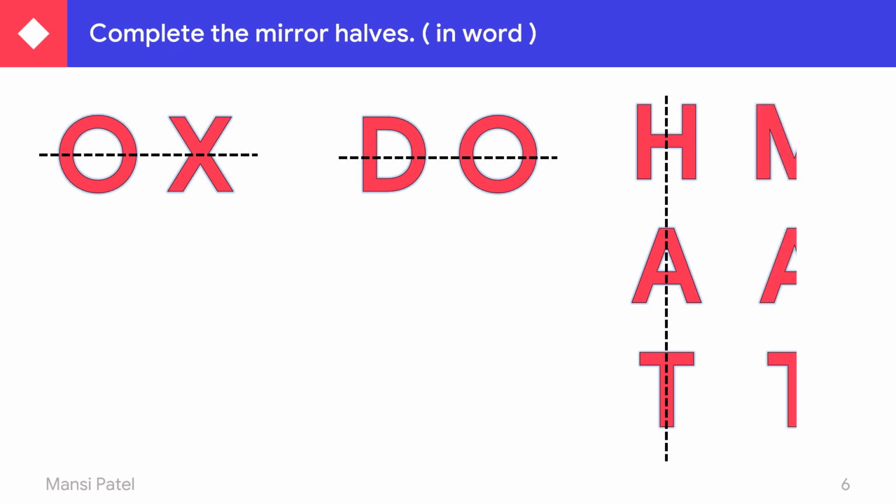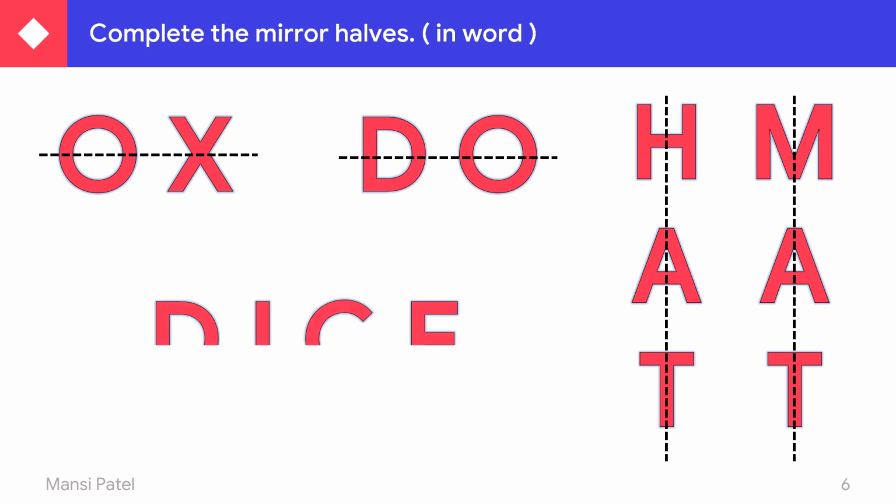Then again, some half portion they were given to you by the mirror holes. You have to complete it. So this first you have to draw slanting line and standing line. So it becomes M, then A and then T. M-A-T, mat. Now one another example.